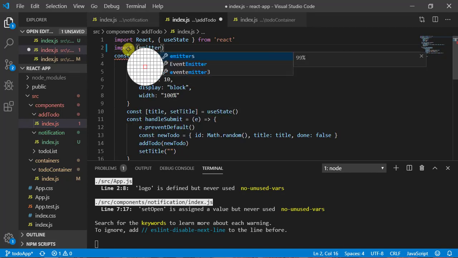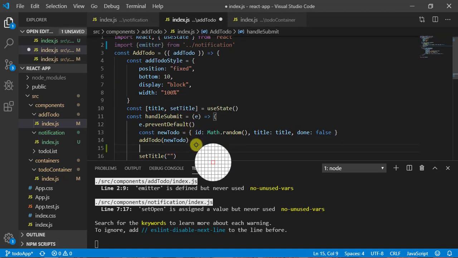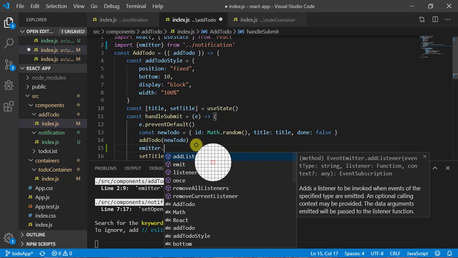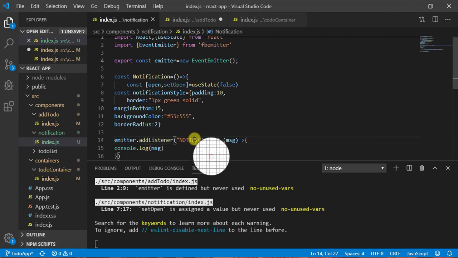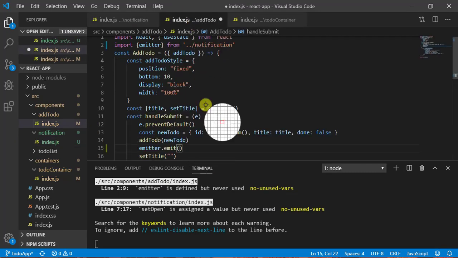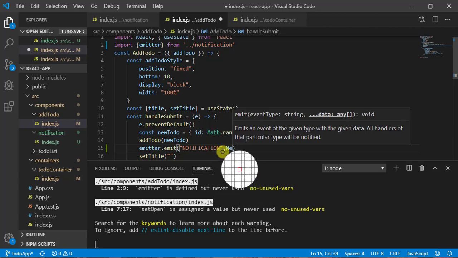Import emitter from, go to the notification component. Okay, so now we have this emitter, and here after calling we can write emitter dot emit, and here the event type should match. So this is the event type, notification, so we can pass the same thing here, and from here we can pass a message. What we wanted to show, so in double quotes we can write new todo